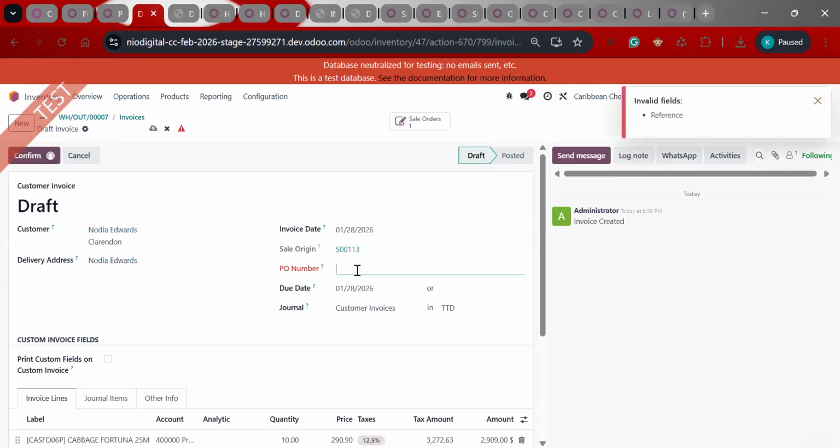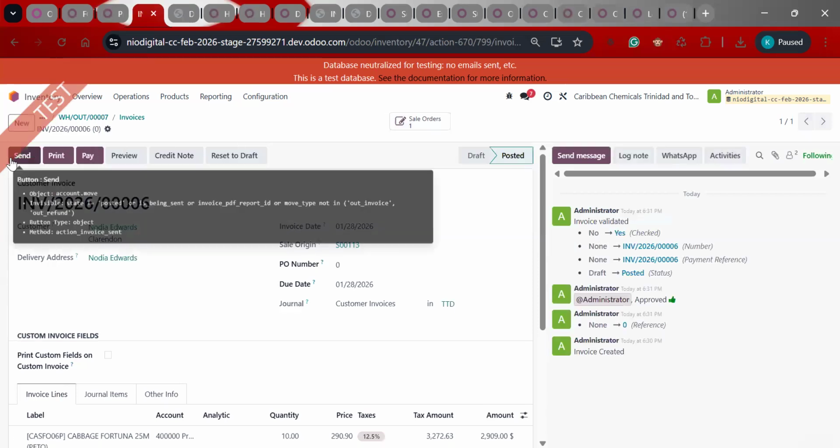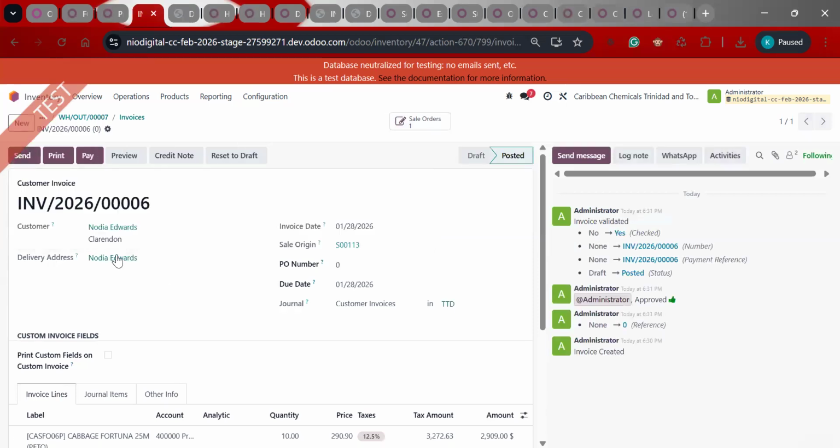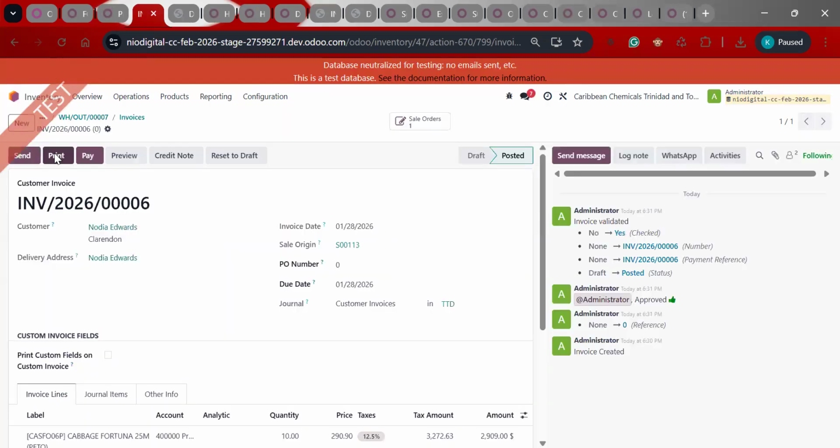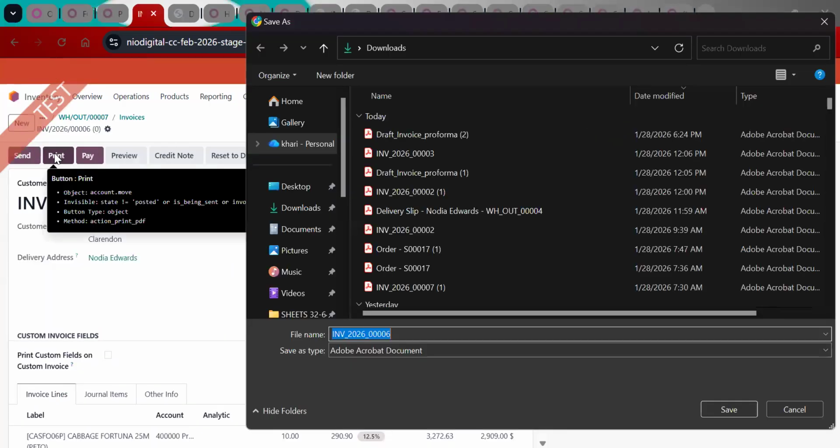The PO number. Confirm. So now we have an actual invoice that you can print and just dispatch along with your